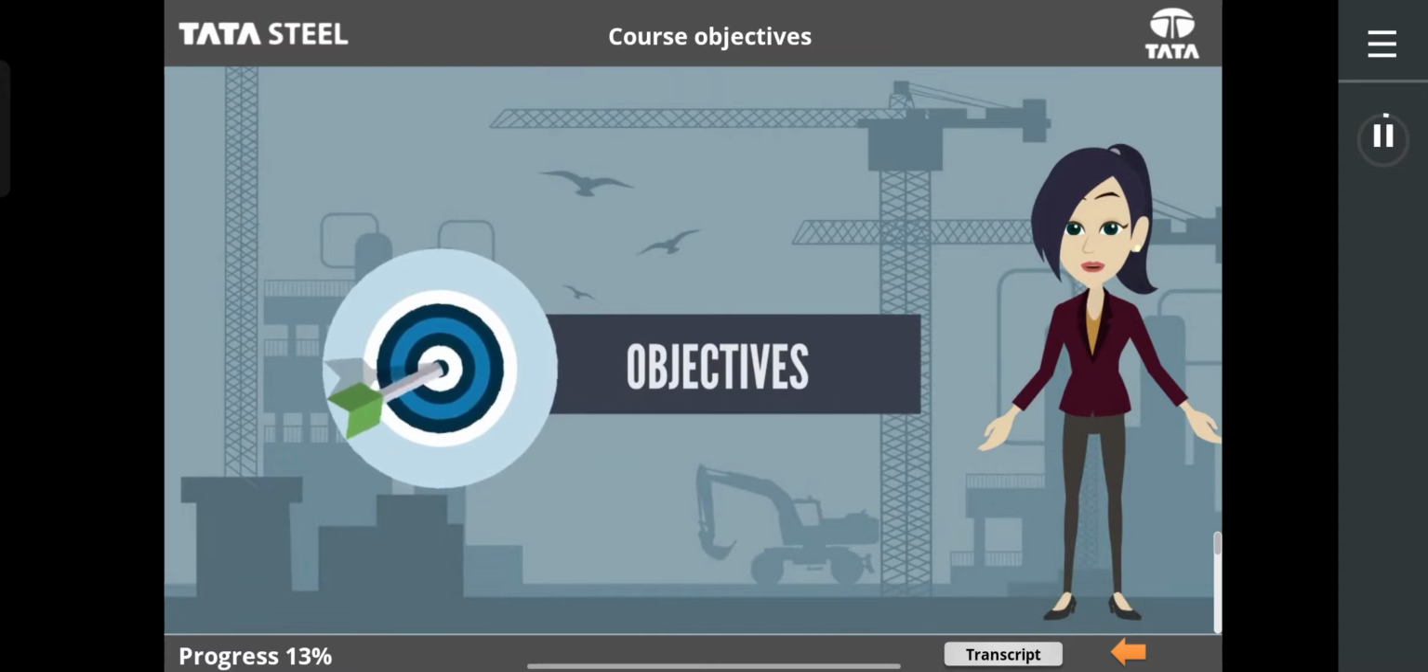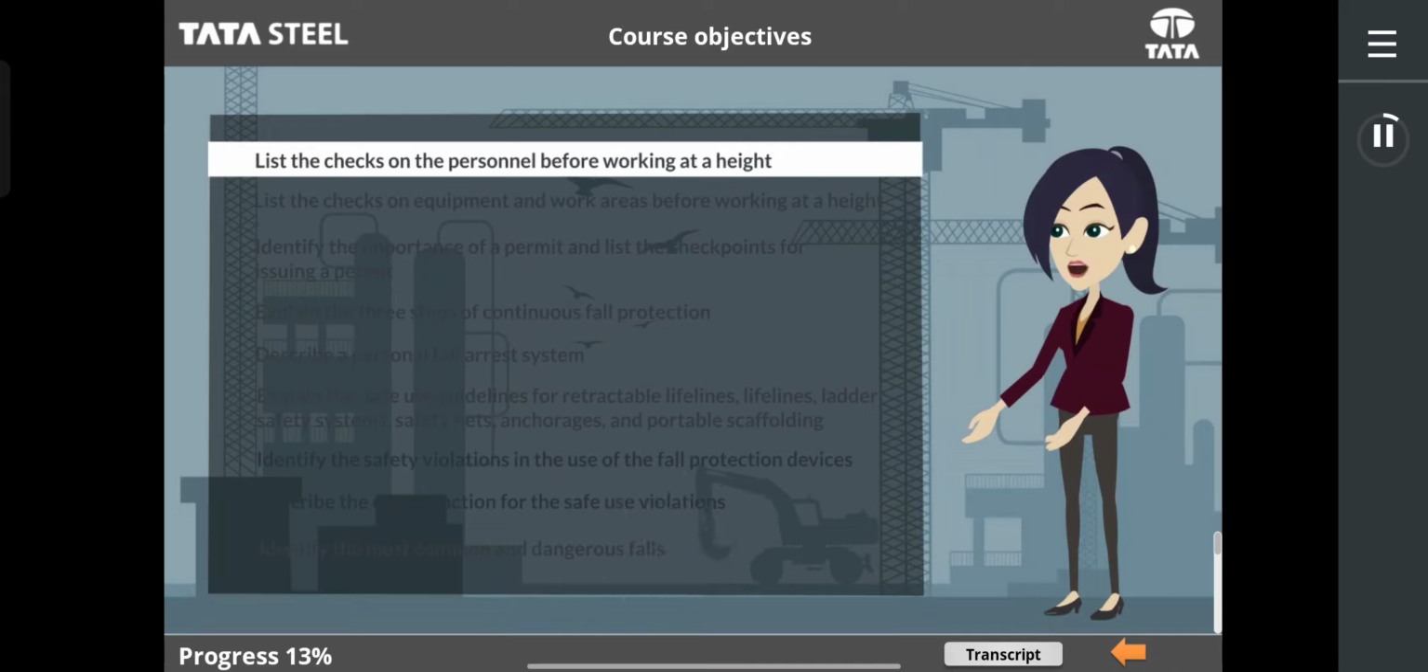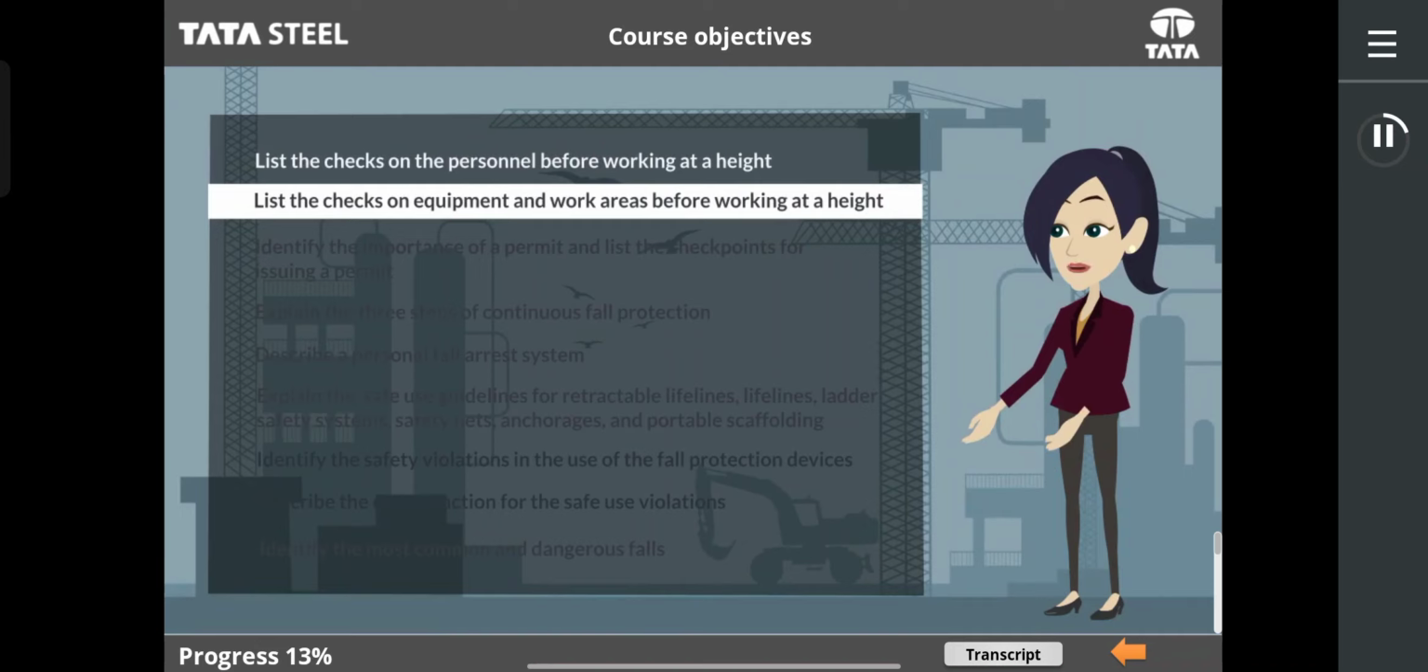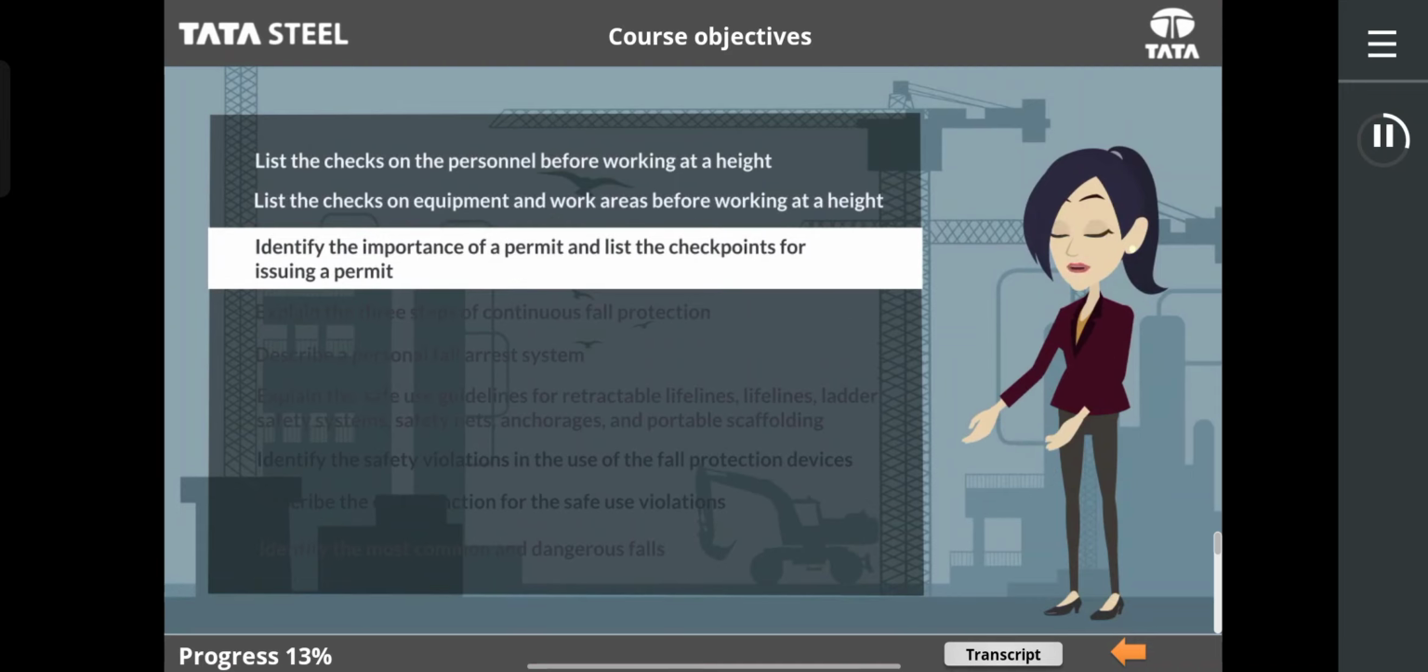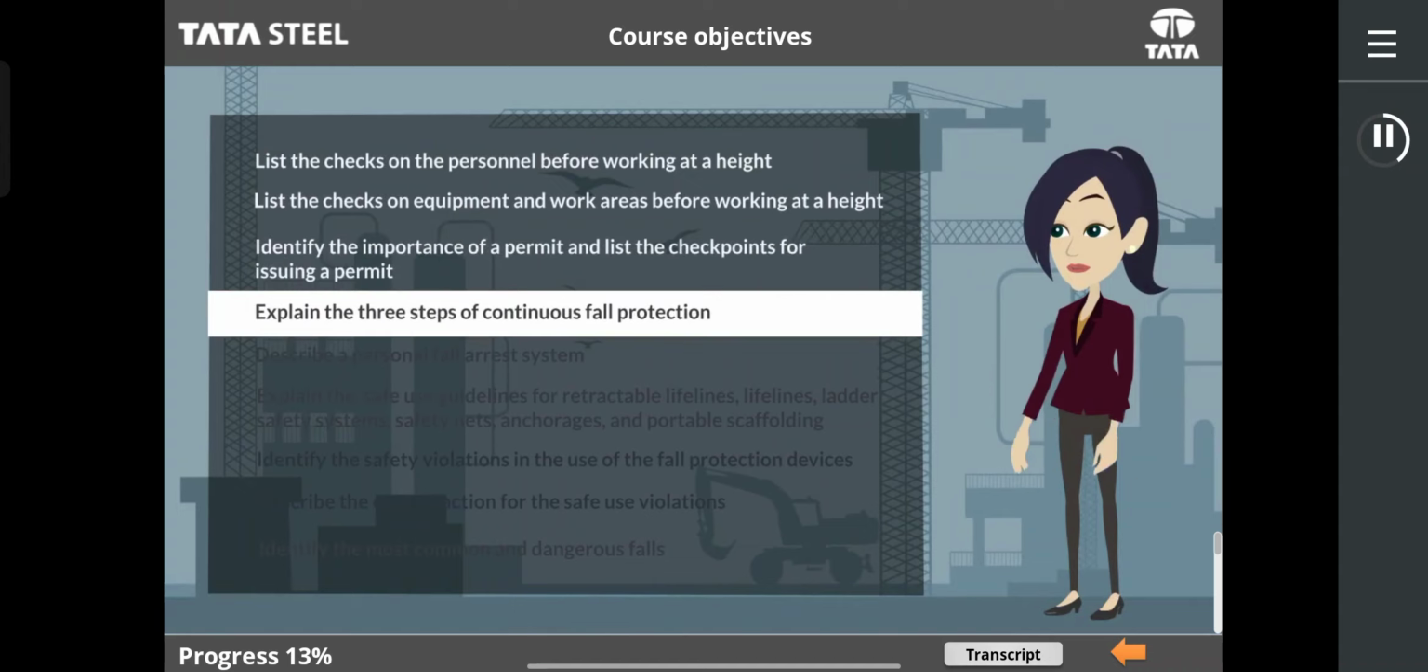This course will enable you to list the checks on the personnel before working at a height, list the checks on equipment and work areas before working at a height, identify the importance of a permit and list the checkpoints for issuing a permit, explain the 3 steps of continuous fall protection,